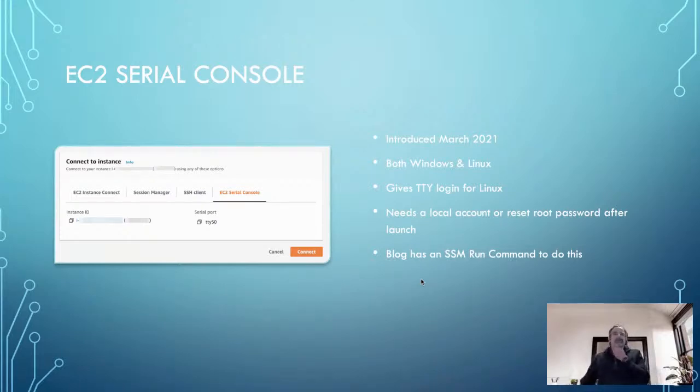Now we get into some really new ones here. EC2 Serial Console. So this was introduced in March. It's available for both Windows and Linux. On the Linux servers, as you can see here, it gives you like a TTY S0. And for Windows, you get a COM0. I think it's COM0